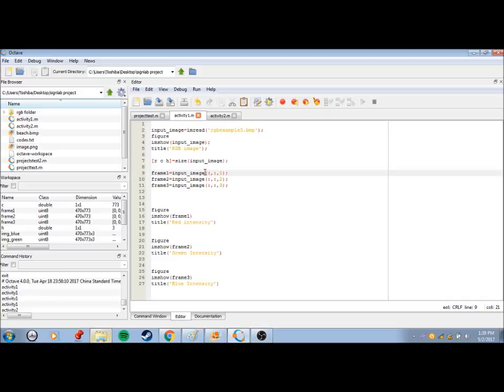Since we want to access every bit in the image, every possible row and column, we use a colon.